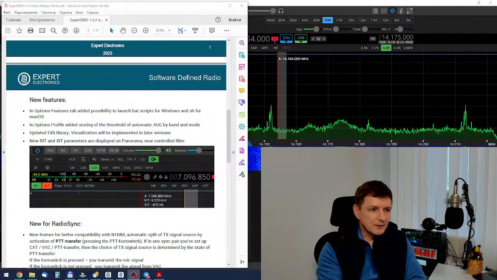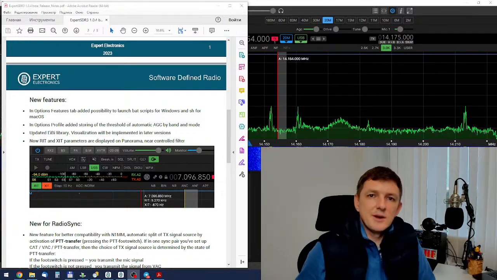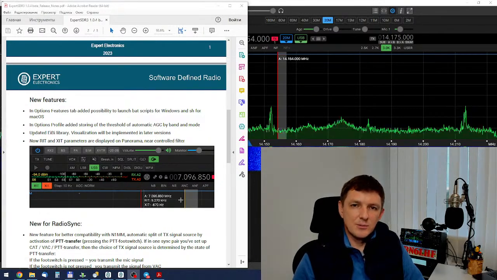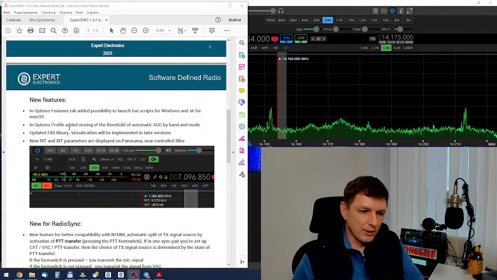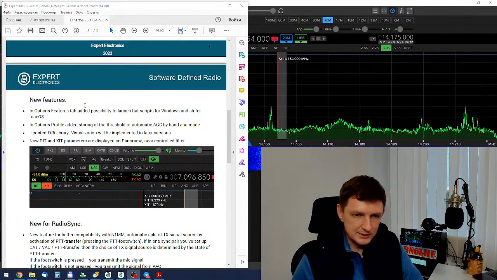Let's see what's new in our release notes, in the ExpertSDR3 1.04 release. I think most of you already saw it, but maybe not. Let's see what's new. Firstly, in options, on the features tab, added the possibility to launch bat scripts for Windows and